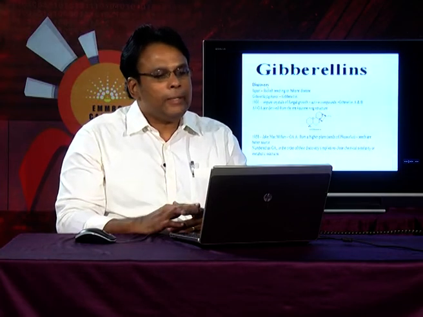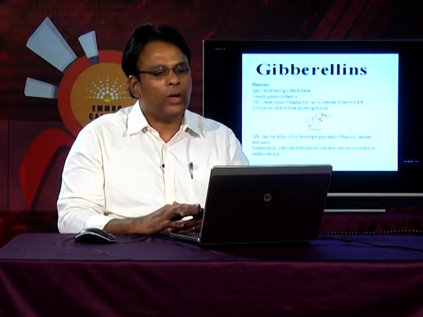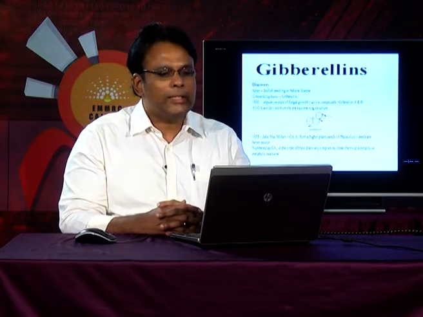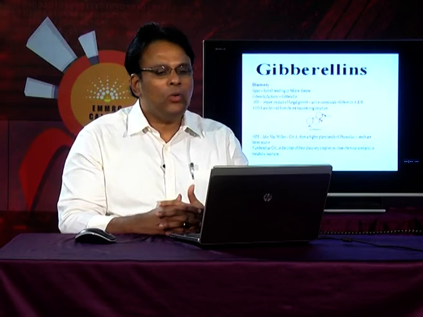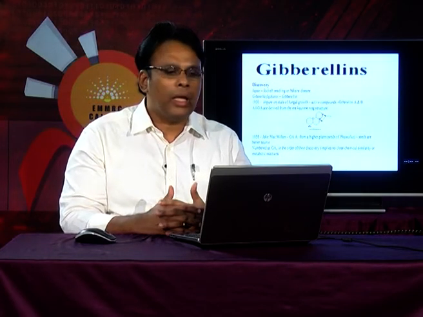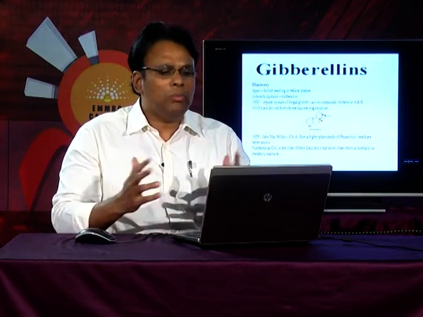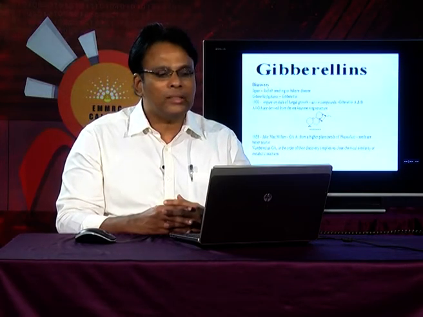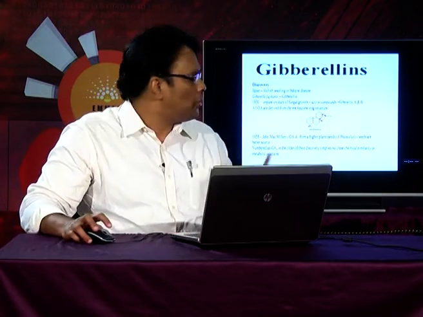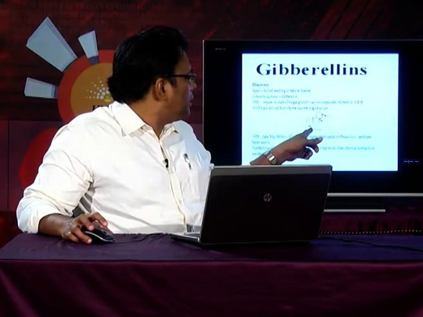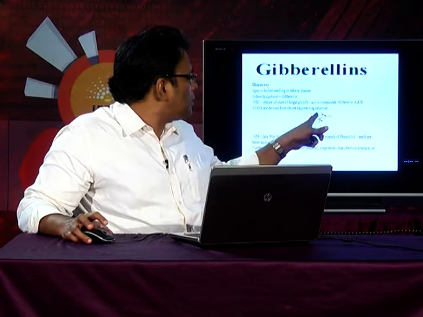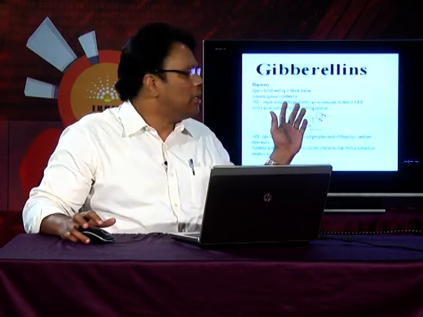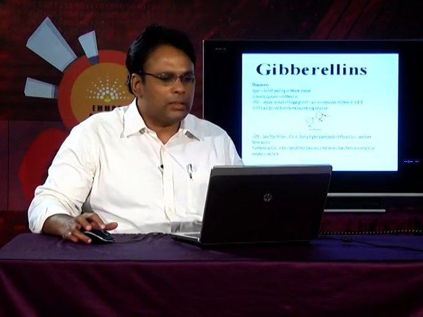In 1913, impure crystals of fungal growth were crystallized, and they found that the active compounds are gibberellin A and B, and all gibberellins basically have an ent-kaurene ring structure. This is the structure what you see over here. This is an ent-kaurene ring structure. So you examine any gibberellin, you can see that basically it will have this chemical structure.